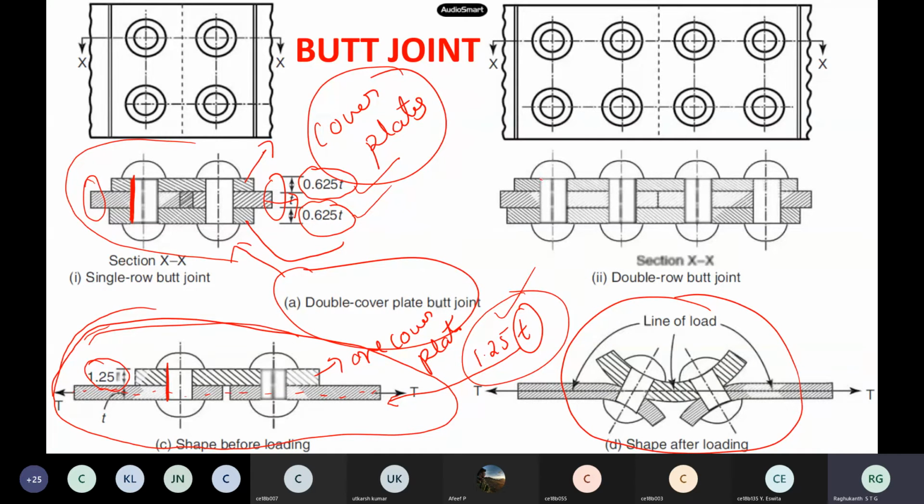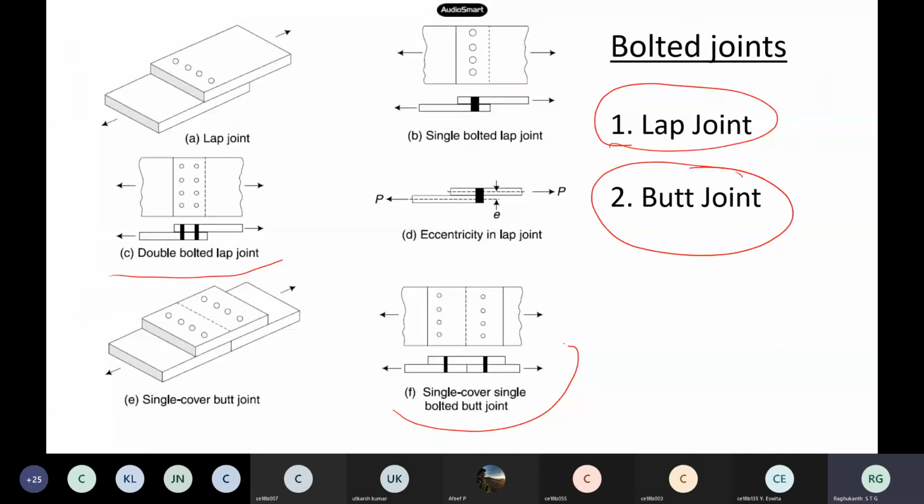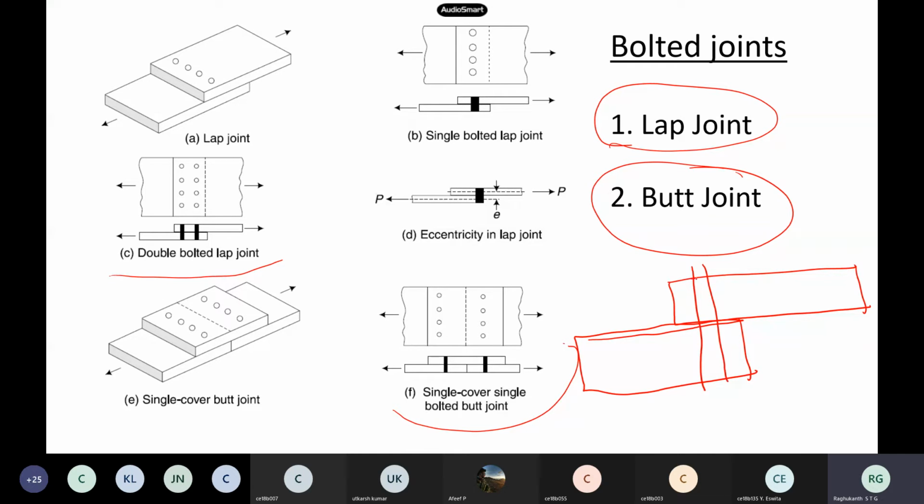Now if I take this joint, the grip is this much. The grip is nothing but the thickness of the main plate plus your cover plates, that is, how much of your bolt is inside the joint. So this we call the grip. Now what happens when the grip is too long? Suppose I have a plate and another plate, and the grip length is very long. This is my bolt, and my grip length is this portion. I also have a small grip length. Now what happens as the grip length is increasing?